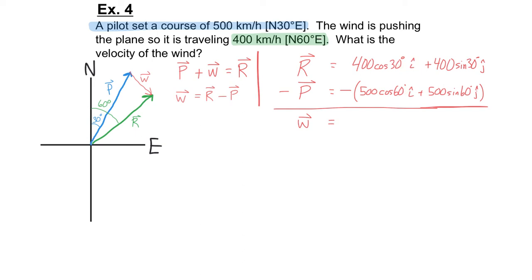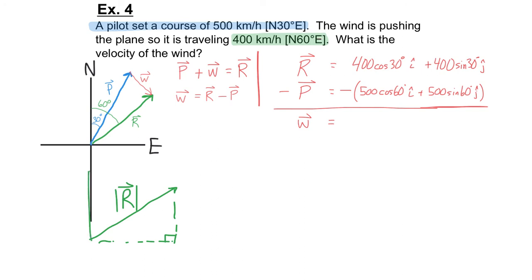Now that seems a little odd because it should be 60 and then 30, not 30 and then 60. So what's going on here? Well, if you recall from a previous lesson, when I look at the angle using the x and y components, I'm looking at that right triangle that gets made. So if I'm thinking about R, there's R. Now if I break it into a right triangle,